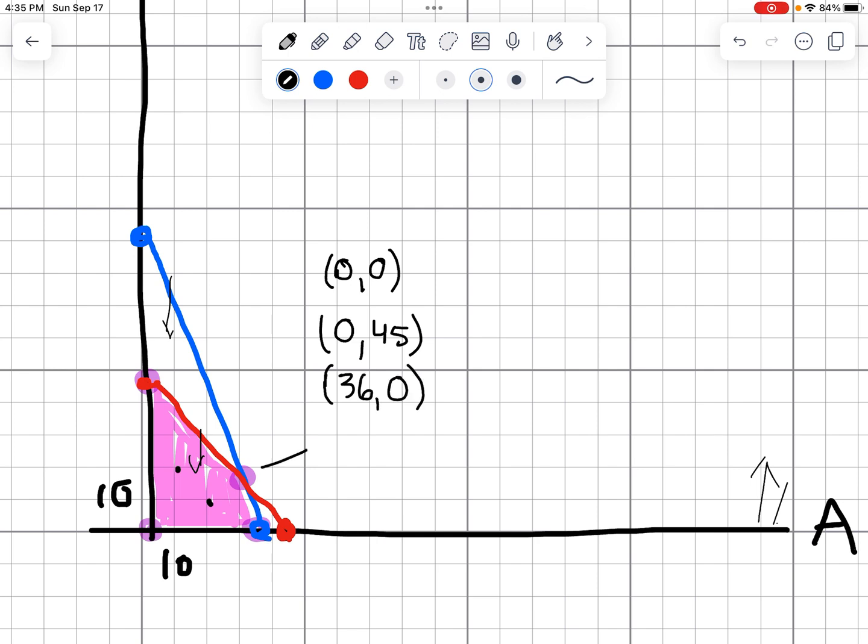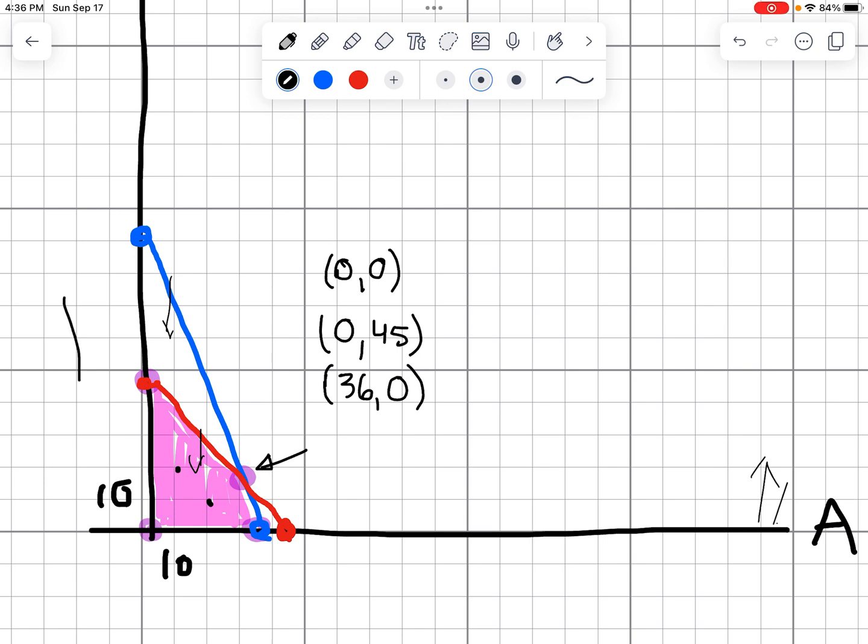But it's this vertex right here that for us will be tricky to find. Now, on your test, this will not be so difficult to find because I'll give you a nice graph to work with, and you might be able to solve this system just by looking at the graph. Because remember, the solution to a system of equations where two lines intersect is the ordered pair where they hit each other. But since my graph is so hard to read,